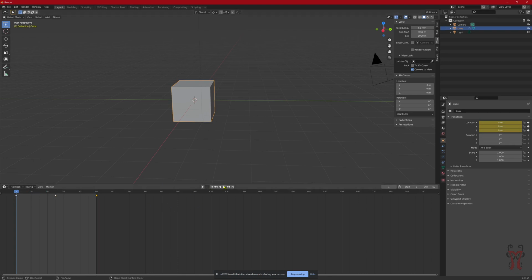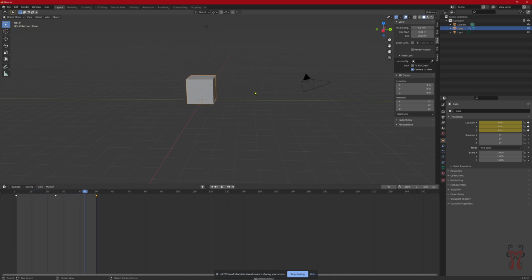Now what I can do is press play on the animation, this play button right here, and this will basically show me what it'll look like in real time. And you can see that this object is moving up and down. Huh, alright, cool. Now I do want to tell you one thing that is important,